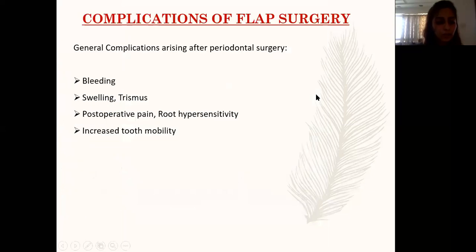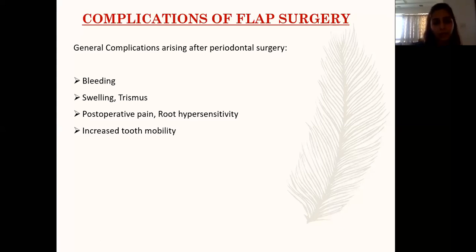So having understood the healing and the long-term clinical outcomes of different kinds of flap surgeries, just a quick understanding of what could be the complications. At this point of time, there are a lot of other topics that are hooked up to this topic. For example, the sutures and the suturing techniques, then the choice of antibiotics or antimicrobial therapy. All of these are connected, but since we have to be in our time frame, that is something that may not warrant a discussion right now.